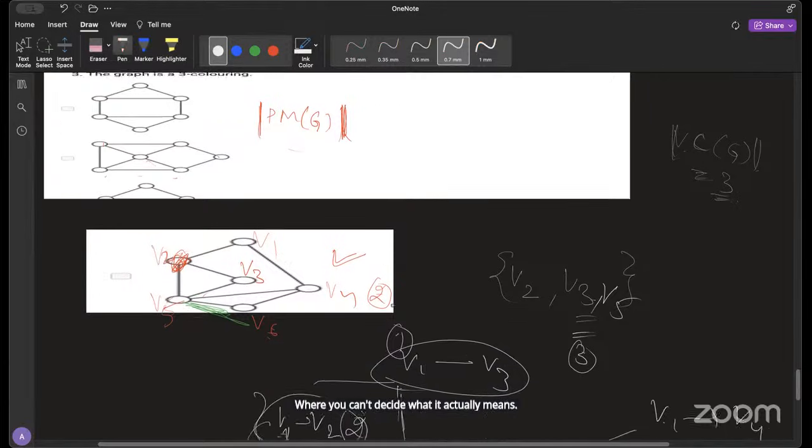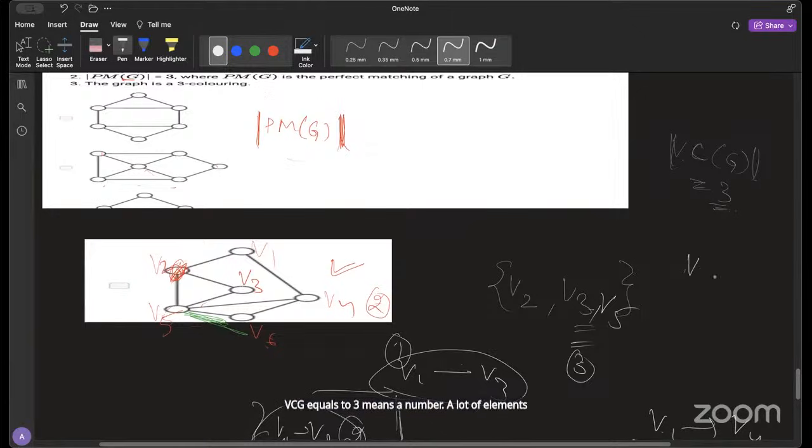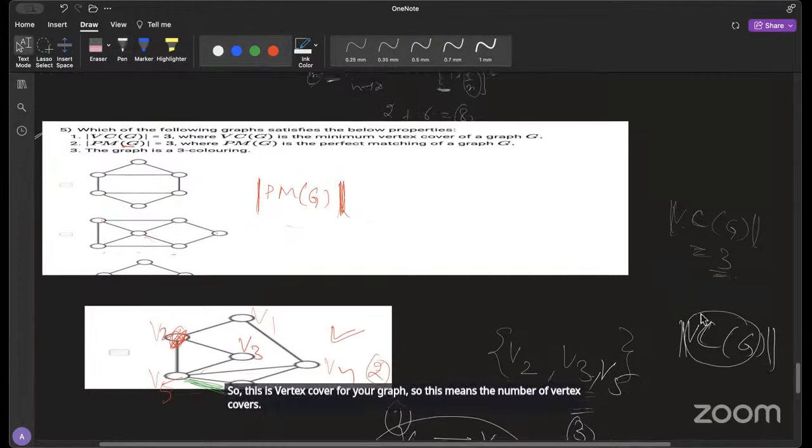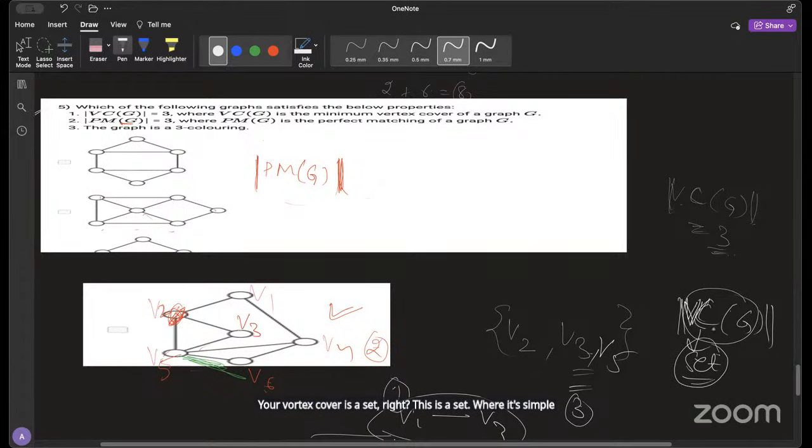VCG equals 3 means the number of elements in this. VCG is the vertex cover for your graph. So this means the number of elements, not the number of vertex covers. Your vertex cover is a set, right? This is a set, and its cardinality means the number of elements